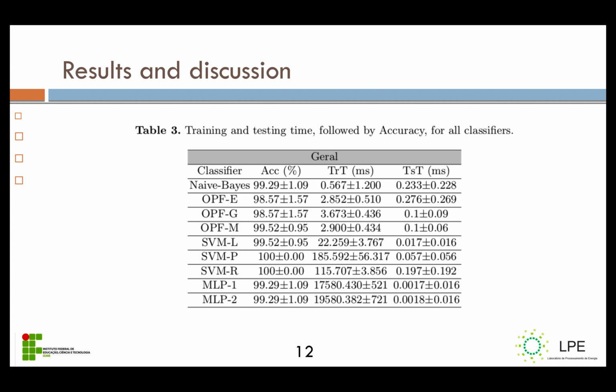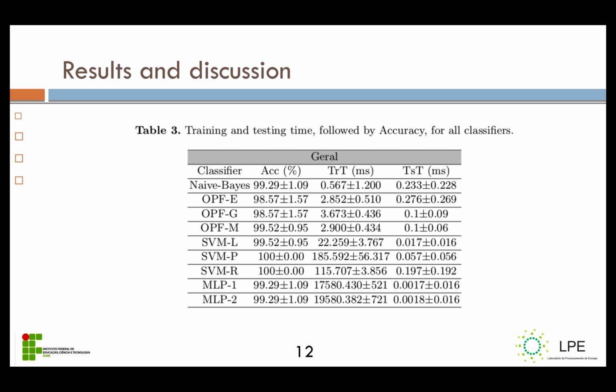All methods were able to identify each class correctly, but naive Bayes, SVML, SVMP, SVMR and MLP2 have demonstrated to be more sensitive to identify changes in vibration patterns caused by broken bars in squirrel cage rotors. MLP2 is both sensitive and specific to identify normal and faulty vibration motor patterns. The three OPF methods have reached similar results, but the Manhattan distance provided lower variance, resulting in more stable classifications.